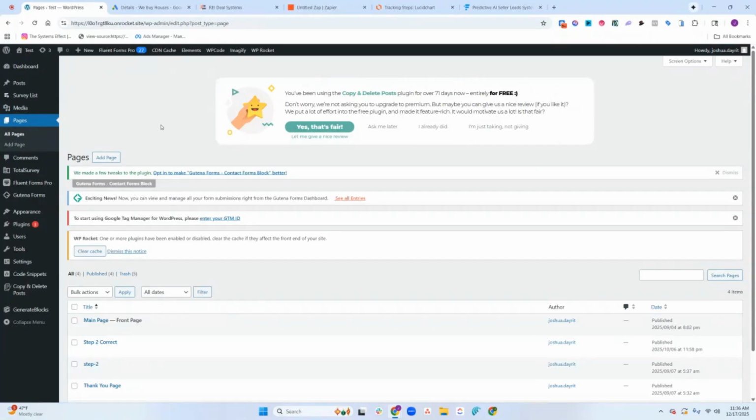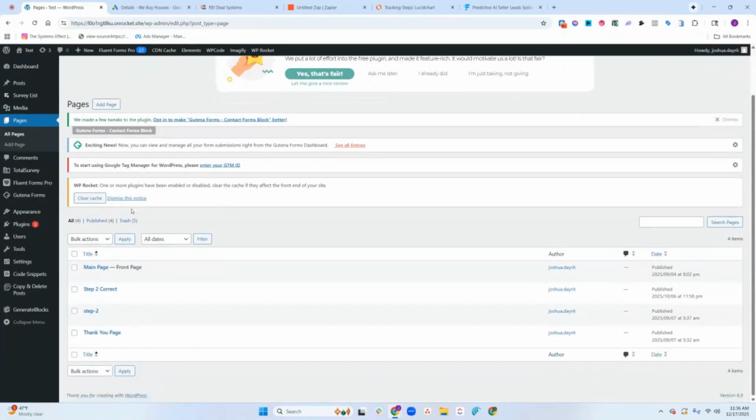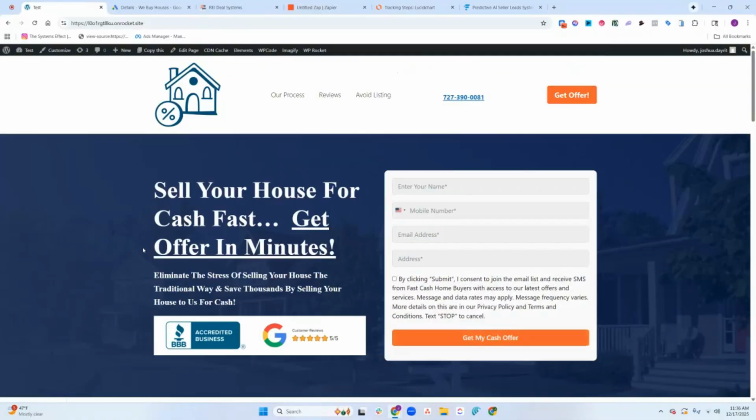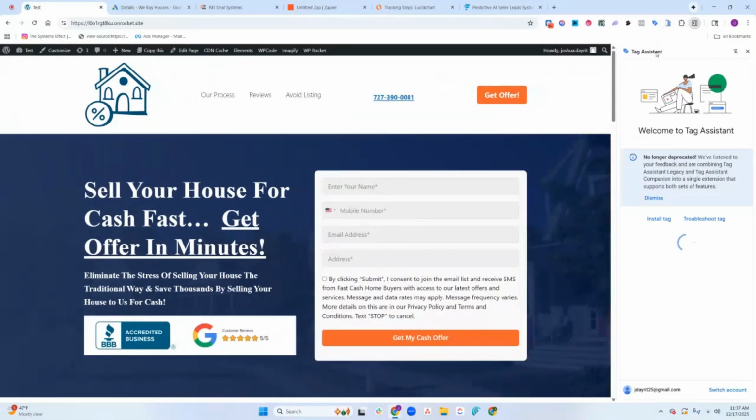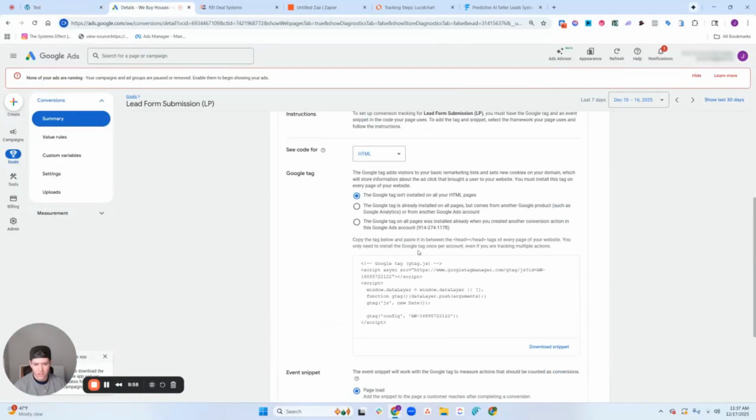All right. So what I'm going to do is go to the main page and click on where it says View. This is just a little test page here, a little dummy page. You have to install Tag Assistant, which is a Google Chrome extension, right? So you're going to click on that, and when you click on this, it should show that this tag